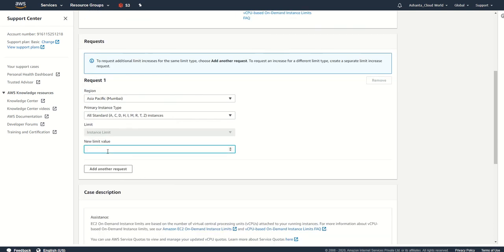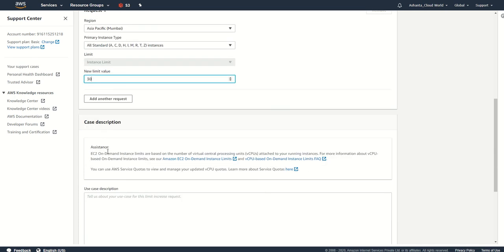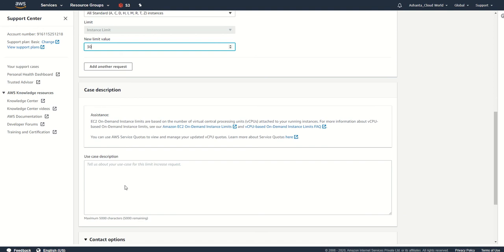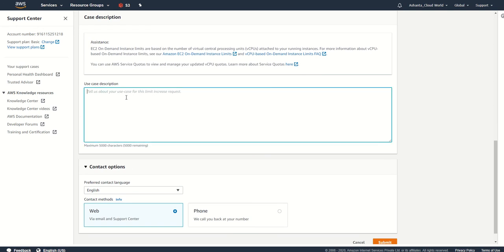Then enter the new limit value: how many instances you need. I need another 30 instances, my bad, 30 instances as my limit. Once you are done with your requirement here, mention the reason, the business justification for why you want to increase the number of instances.